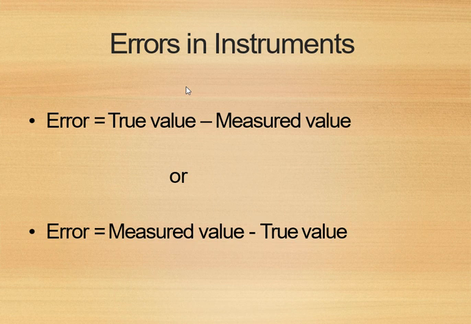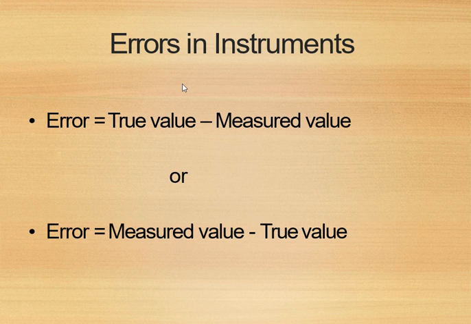Now we have to see errors in an instrument. With the completion of this point, we will complete this unit. Of course, we have seen what we mean by error before studying dynamic characteristics. In static characteristics, we have seen what we mean by error. But if you see this term error, this error can be of any type. There are a number of reasons which are available, so we have to start with that.